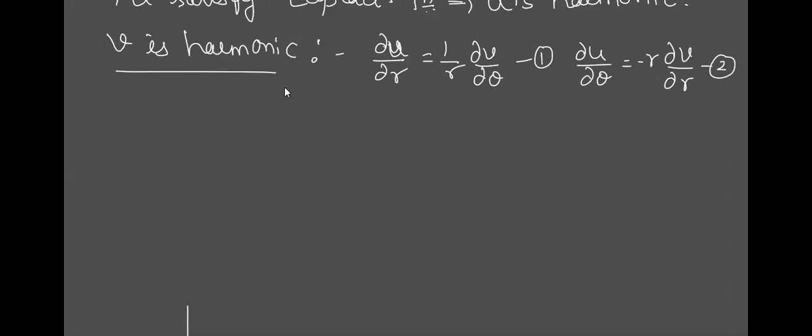Next, in one more way we can prove this. This is ∂U/∂r, no? I'll differentiate with respect to θ. Got it? And ∂u/∂θ is there. I'll do it and prove it with respect to r. So we know that if you differentiate u with respect to r then θ, or if you differentiate u with respect to θ then r, what is the relation between these two? Same. Both are equal. Both are one and the same. Using this concept, you can even prove the Laplace equation directly.